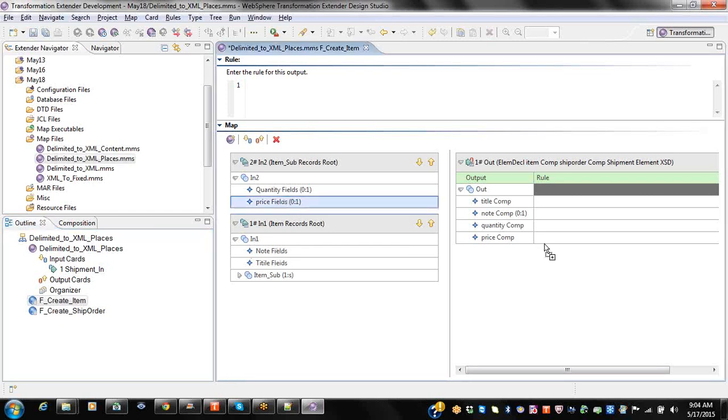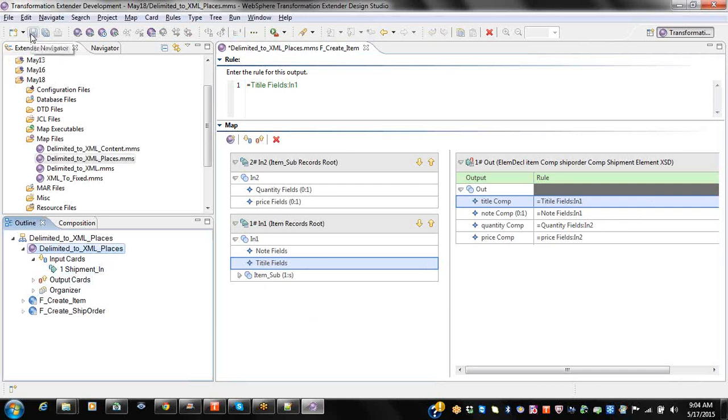Use size, quantity, not item. So here, using two inputs, I am doing the mapping. From the second input card I am mapping quantity and price, from the first input card note and title. You observe, right? Previous map also. So now our input is